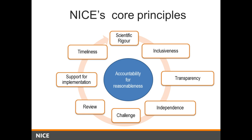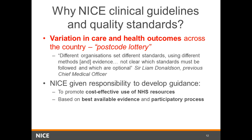But ultimately NICE is accountable for being reasonable in the decision it makes. Well, NICE guidelines were needed to address this variation in care and health outcomes across the UK. Different patients across the UK were receiving different kinds of care, even if they may have had the same condition,